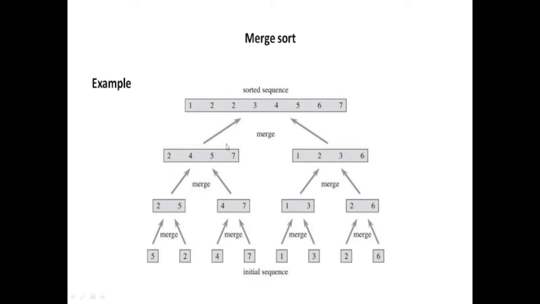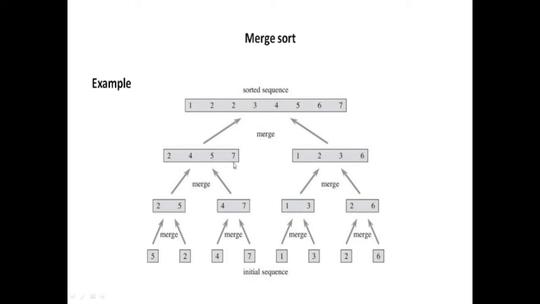If both are the same, then in the algorithm we have seen that if the element in the left list is lesser or equal, then we will take the element from the left list and then increment the pointer. Incrementing means we will be at 4. Then 4 and 2 will be compared. 2 is smaller, so 2 will be taken here, and then 3 and 4 will be compared. 3 is smaller, so 3 will be taken here, and then 6 and 4 will be compared.